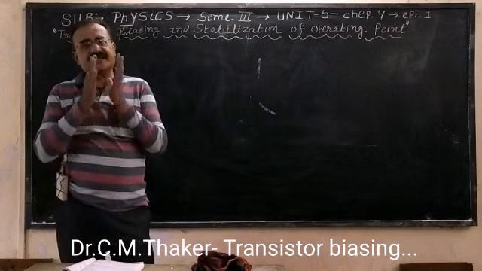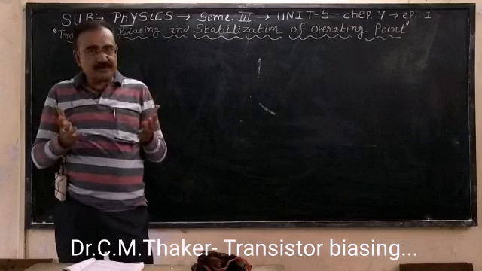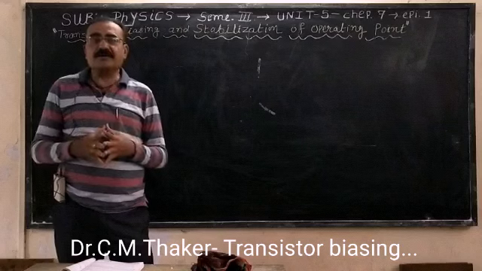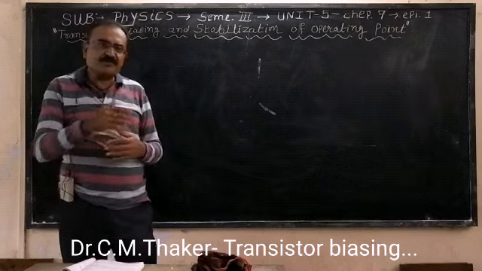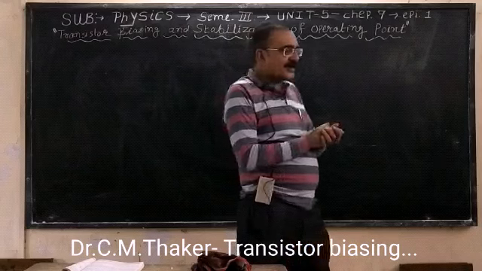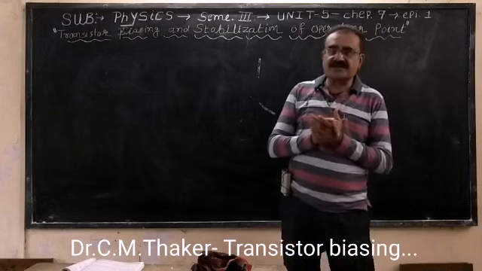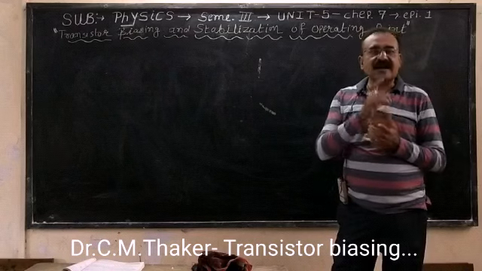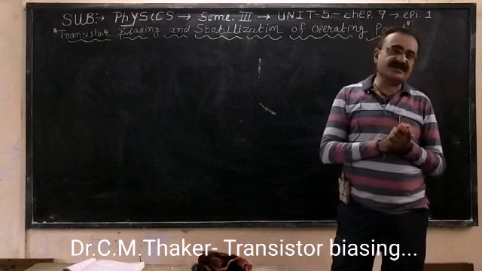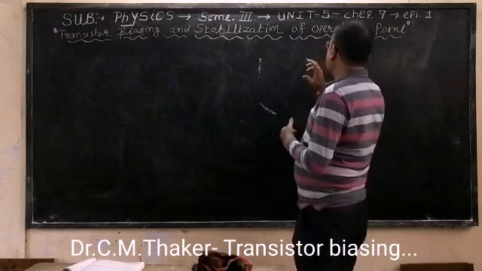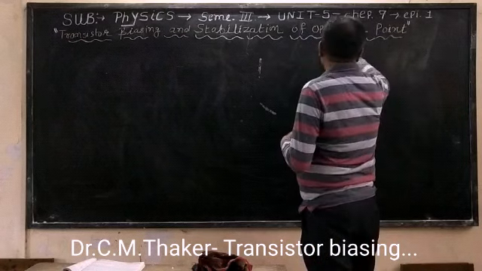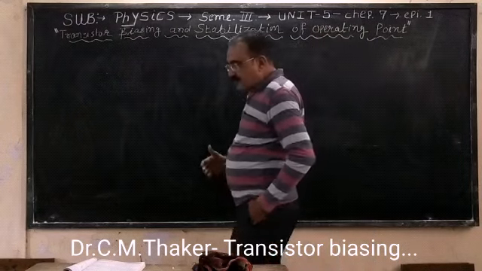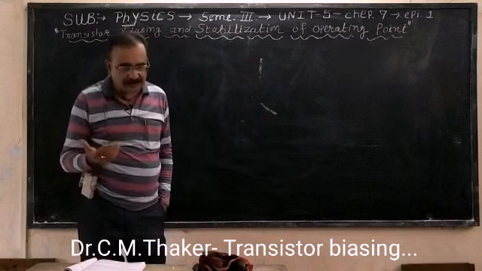Suppose your circuit is stable, then it is suitable. How is it suitable? A number of circuits are also available which are stable, but even so it must be suitable. So in this chapter we will discuss and ultimately find out a proper operating and stable biasing circuit. The second aspect is stabilization of the operating point. So what do you mean by the operating point?